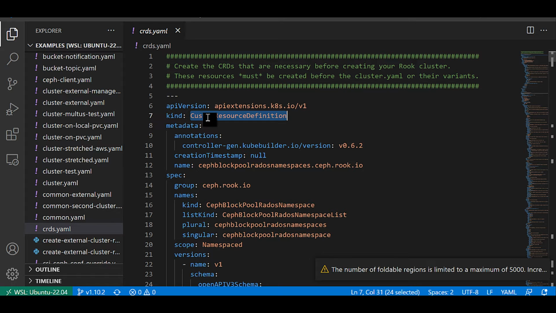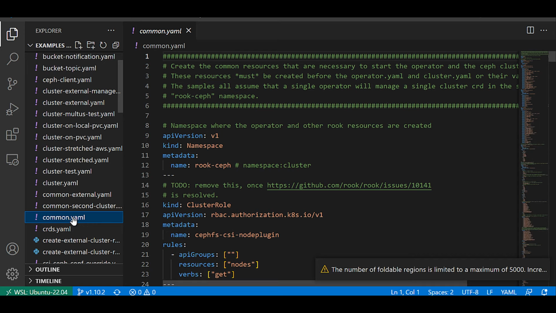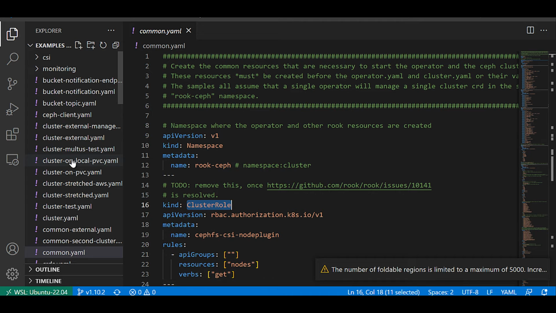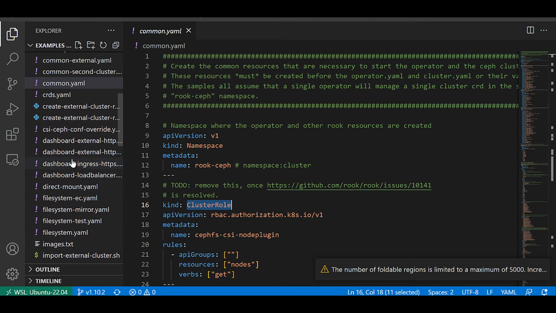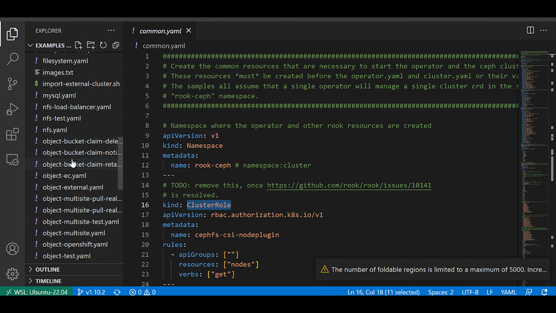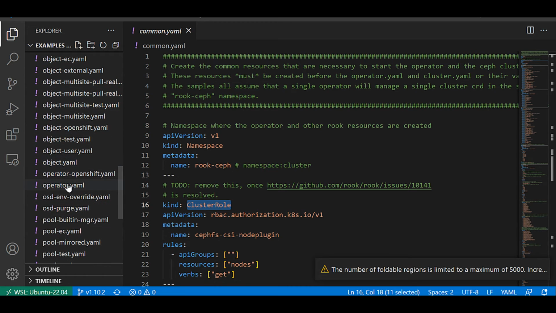For that purpose this file is used. The second file is common.yaml. common.yaml creates the namespace, the cluster role and cluster role binding, so all the permissions relevant to RBAC. And third is the operator.